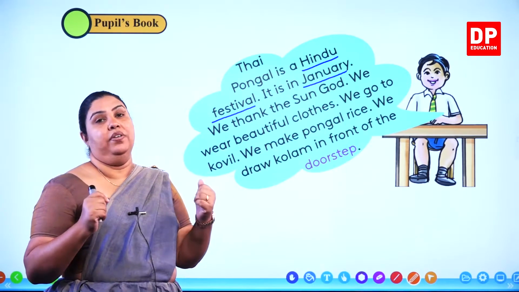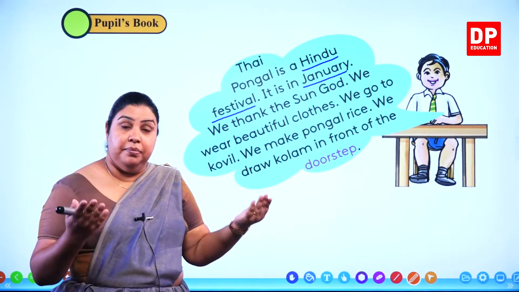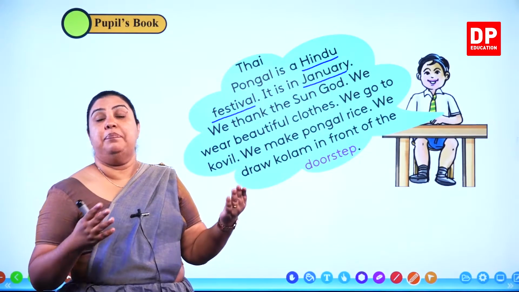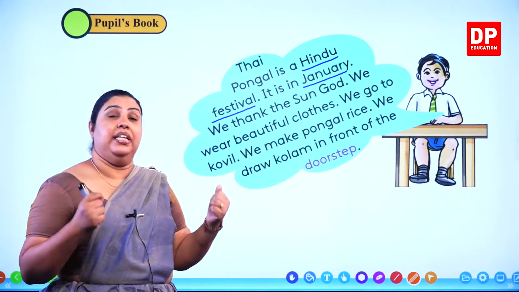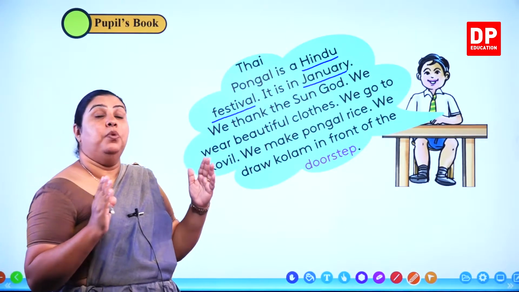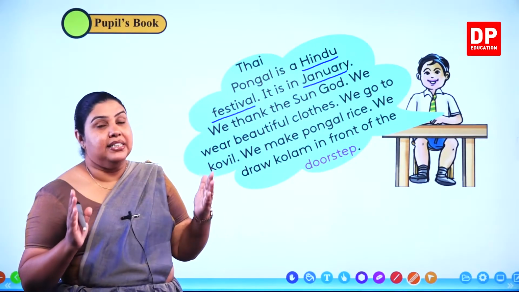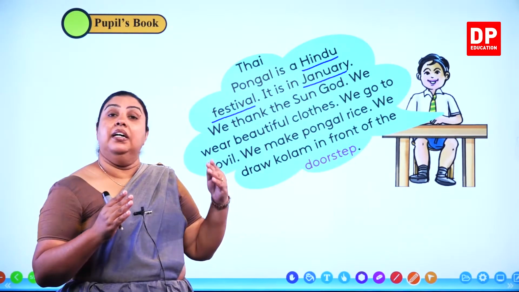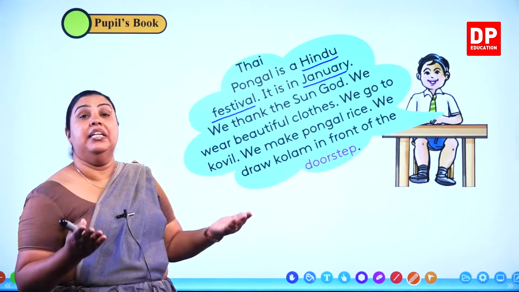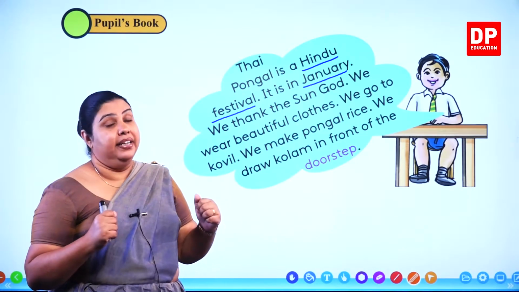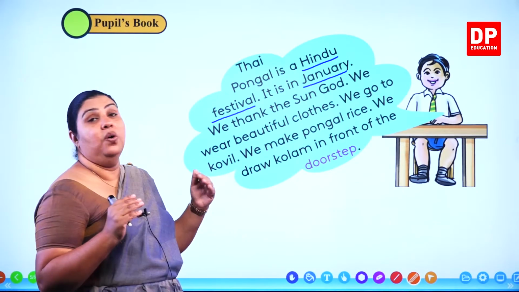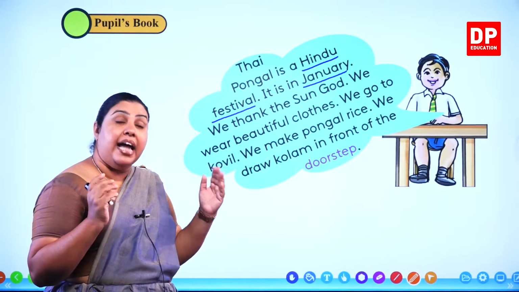They thank the sun god for helping them in their agricultural work. So because of the sun only they can grow the paddy and they can have all that. So they thank the sun god as a mode of thanksgiving. At this Pongal festival, they remember to thank the sun god, and at the same time they have the cow as another symbol. They thank the cow as well for giving milk and being always there with their agricultural activities. So it is a very special event for the sun god, and the Hindu people thank the sun god on